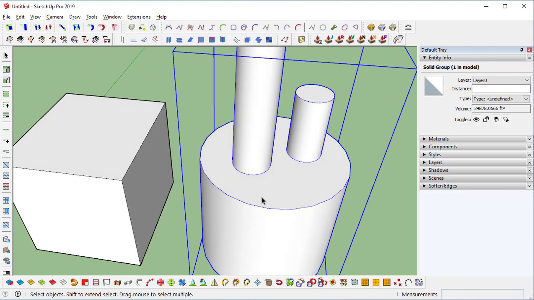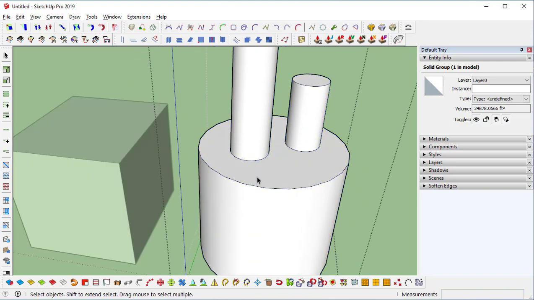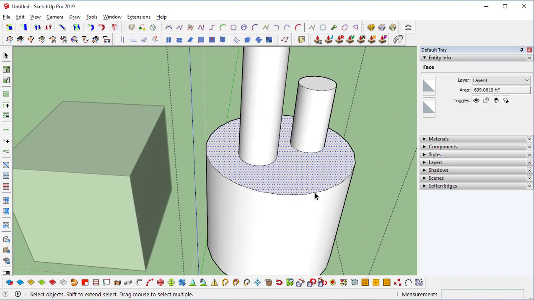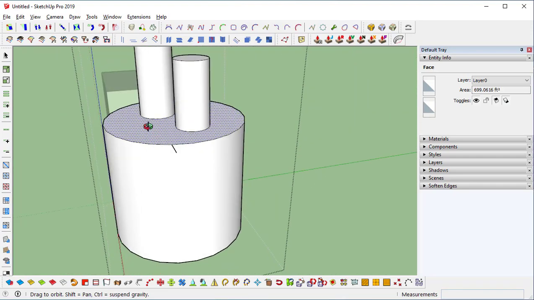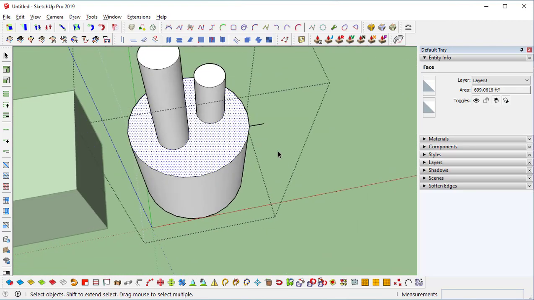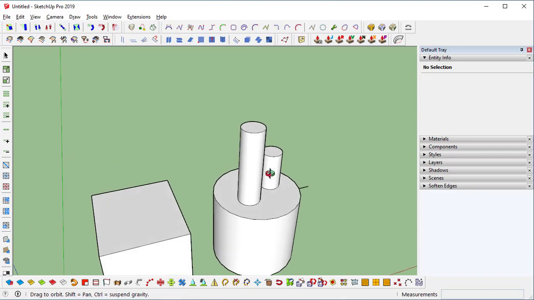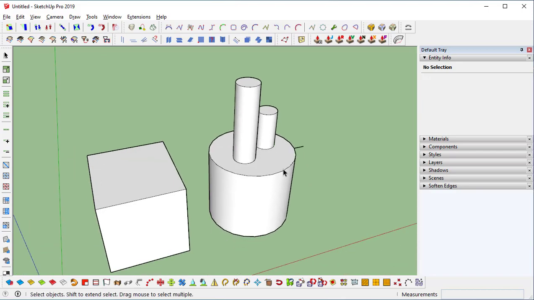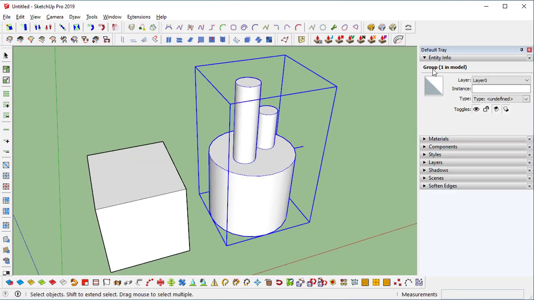Now I am double clicking, and I am just adding an external wrist like this. I accidentally placed a line like this. If you come out of that object and select this, see, it is showing like a group. It's not showing like a solid. Why? Because we have an external wrist like this.